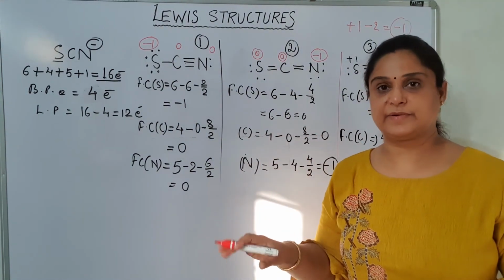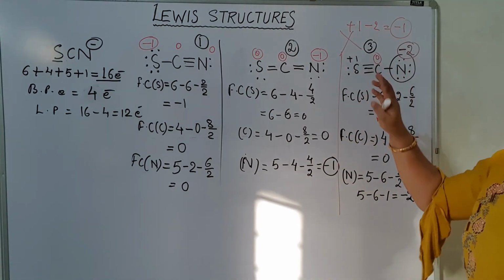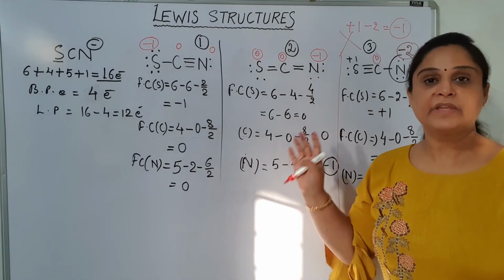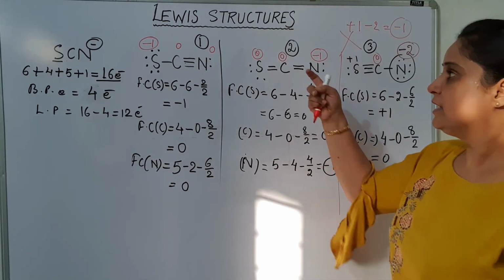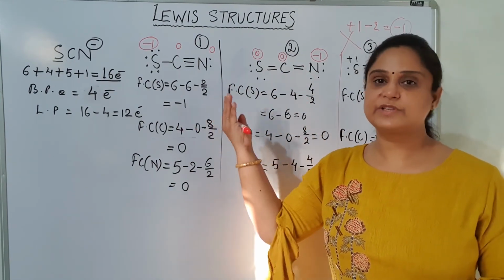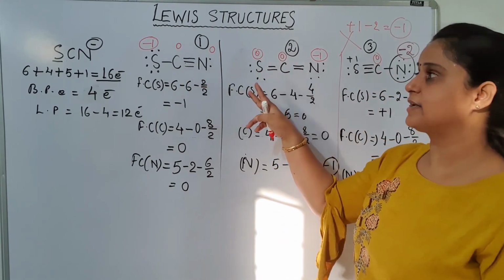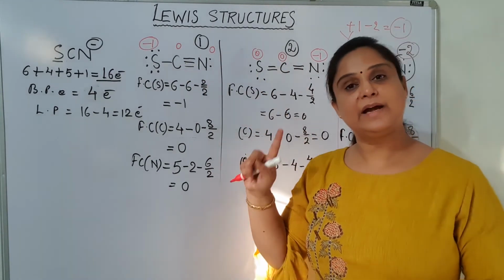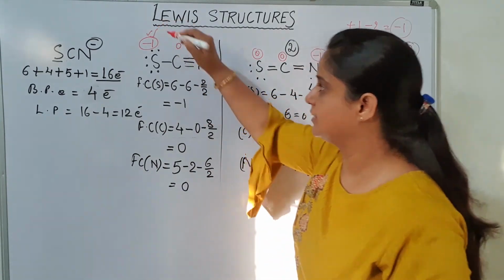Now which is the best one? This one is already cancelled out because it has more charges on its atoms in this structure. So that is why this is discarded completely. Now we have a competition, a tie between these two. So among these two, which one is better? Because in these two structures, two of the atoms are having 0, 0 and one of the atoms is having minus 1. Now we have to concentrate on this part.